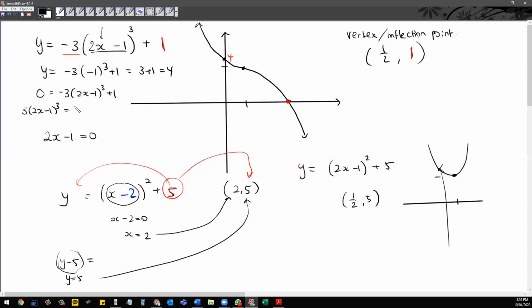So you get this. And then move 3 to the other side. So you get (2x - 1) to the power of 3 equals 1 over 3. And then you take the cubic root, right? That's equal to 2x - 1. And then move 1 to the other side. So you get 2x equals 1 plus the cubic root of 1 over 3. And therefore x is equal to